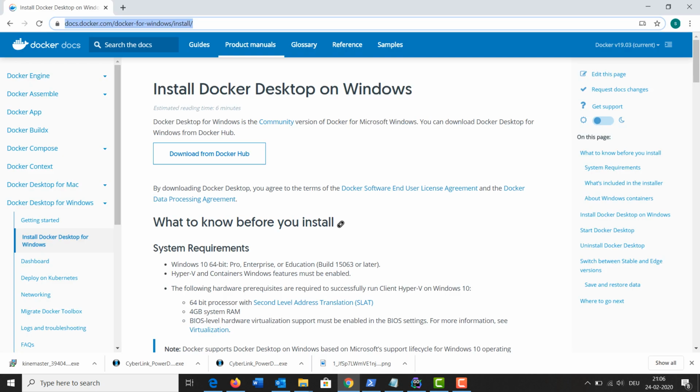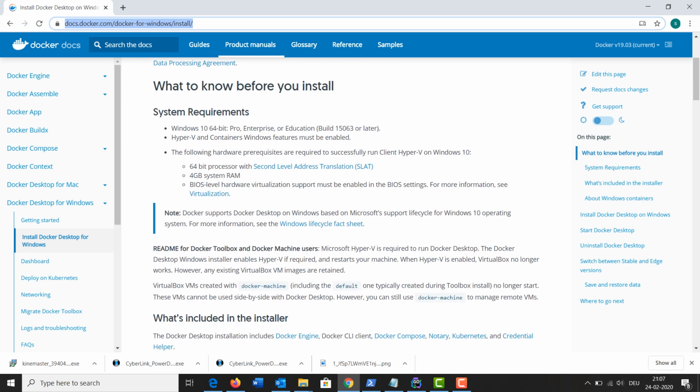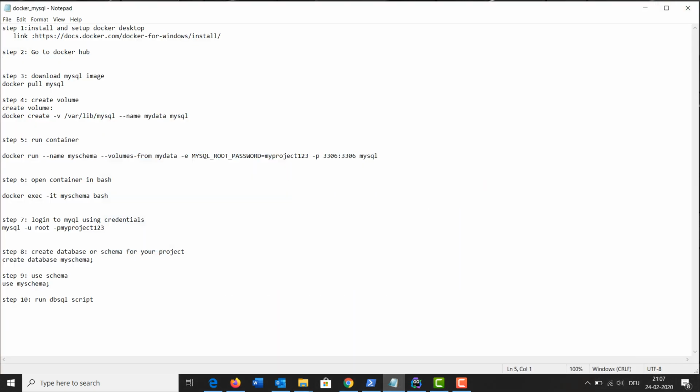I can show you the link here which I have opened. From here you can download Docker for your desktop. Since I'm using Windows, I've downloaded it for Windows 10. After that, make sure your Docker is installed successfully, and when it is, you can see on your system tray that Docker Desktop is running, and just right click on it